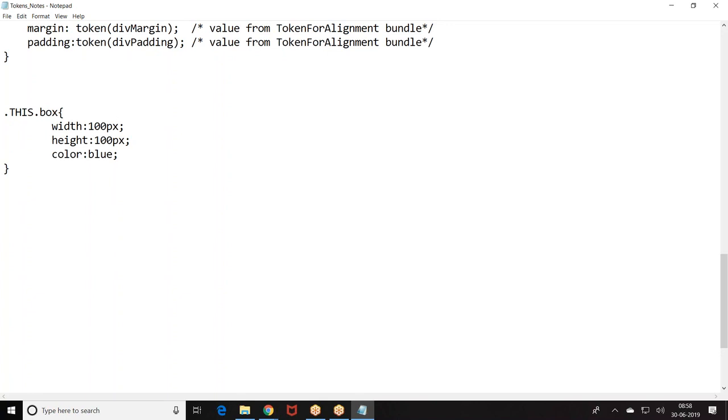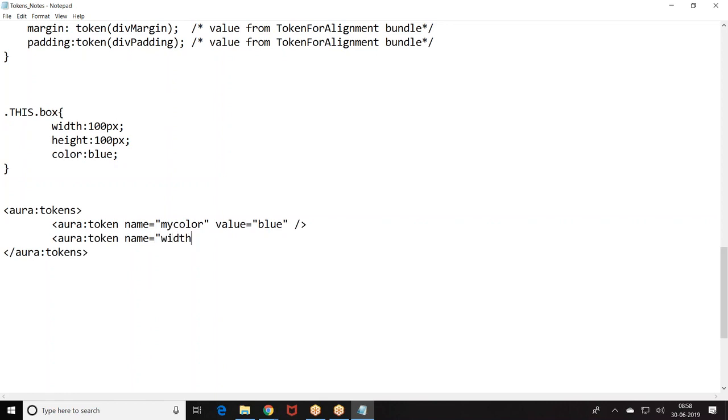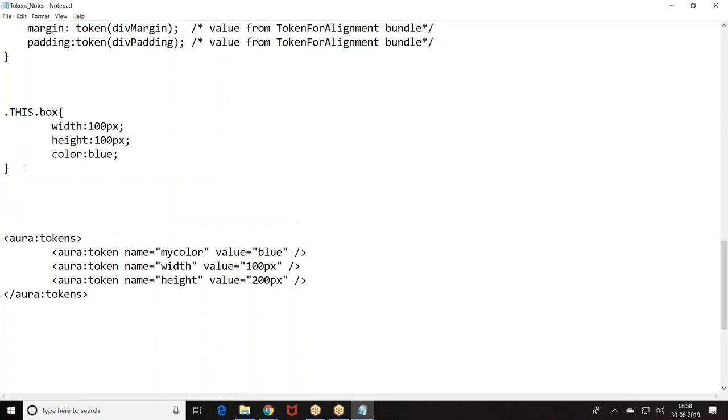What the people are saying is, you draw tokens, give it like this. Here in the CSS,